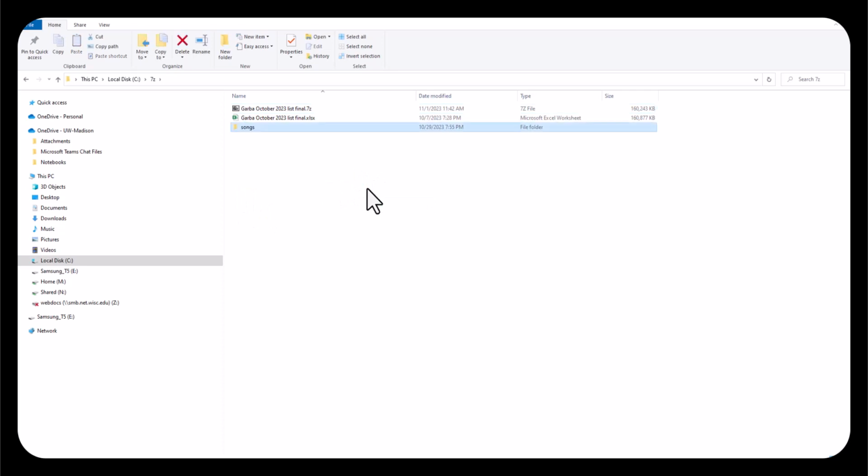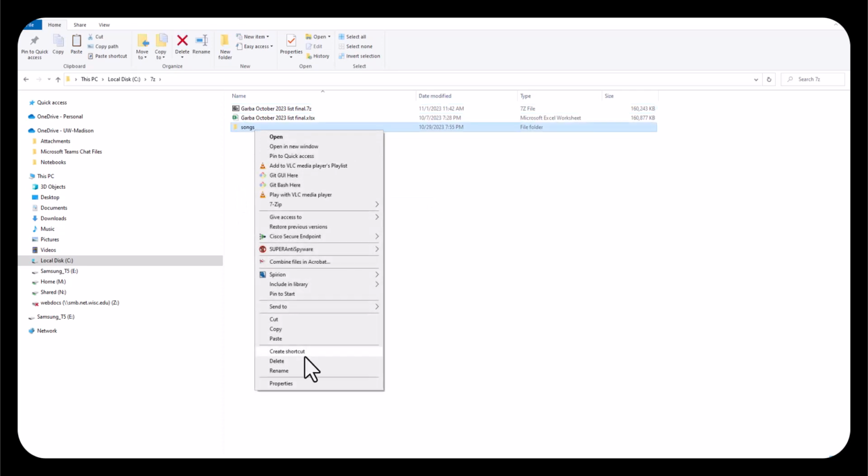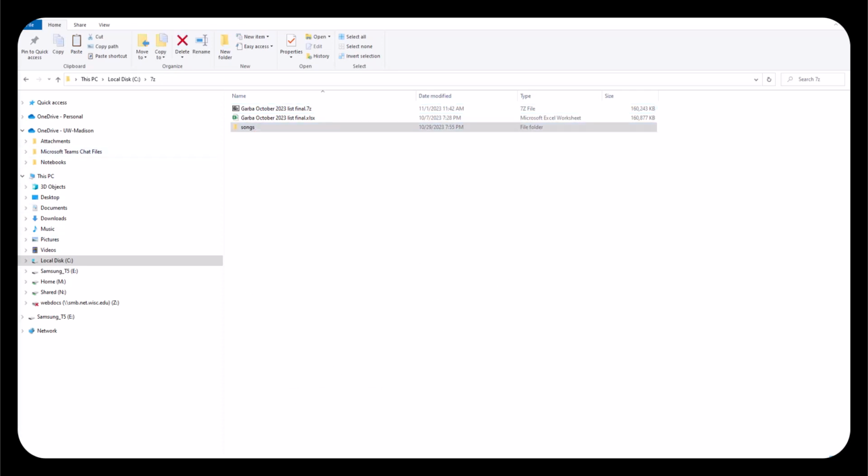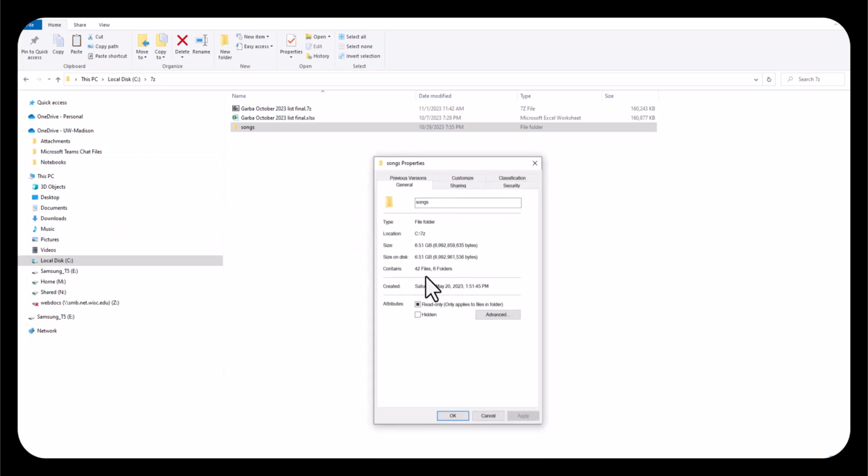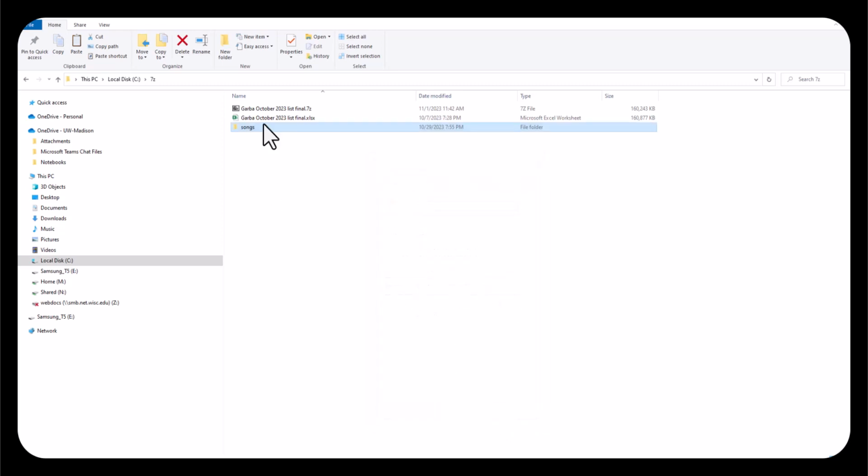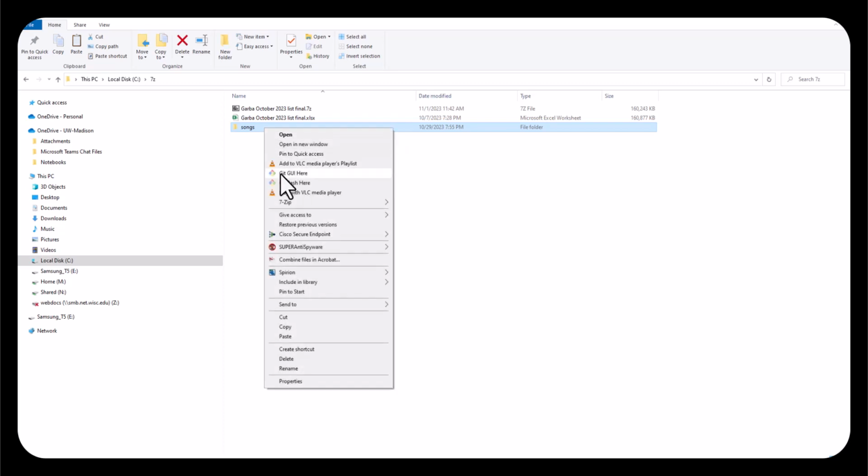This is a folder, properties, and this is 6.51 GB. It's a pretty big file. So let's see how much space we can gain using the compression. 7-Zip,